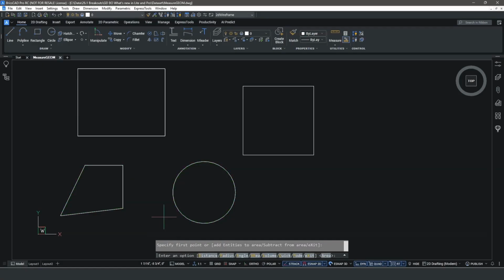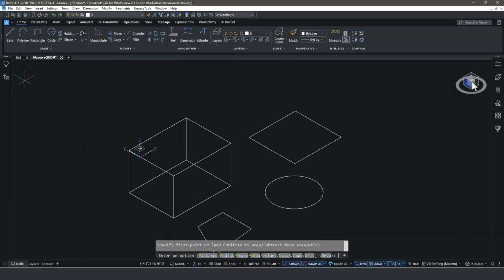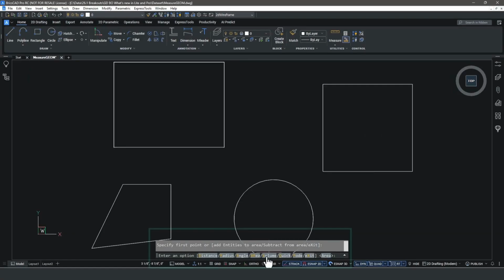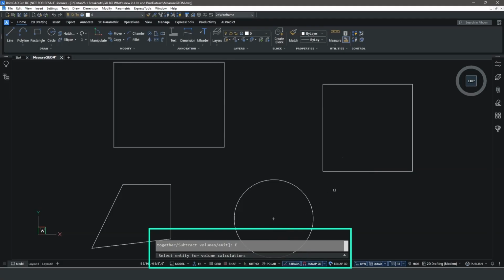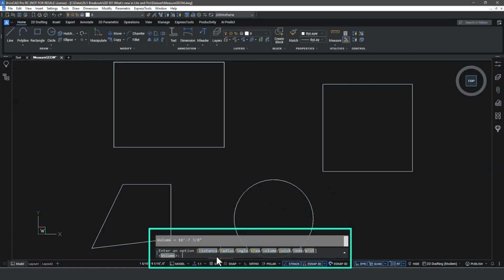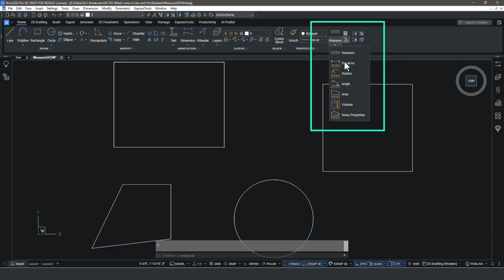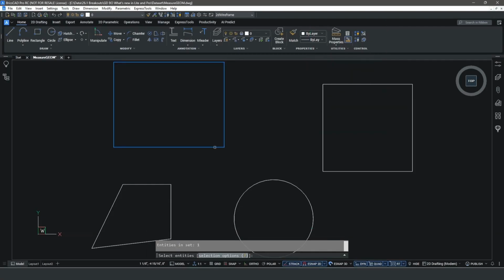Popping into an isometric view, we see that there is a 3D box in the drawing. You can find the volume of 3D entities while still in plan view. For instance, we can calculate the volume of that box. Or if you need the volume of a rectangle, specify the height of a 2D entity, and BricsCAD will calculate the volume. And when you need the mass properties of that box, for example, you can display it at the command line or write the results out to your text file of choice.